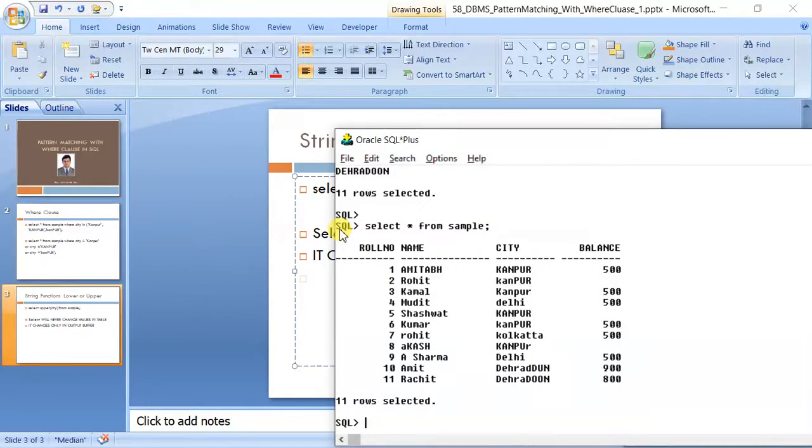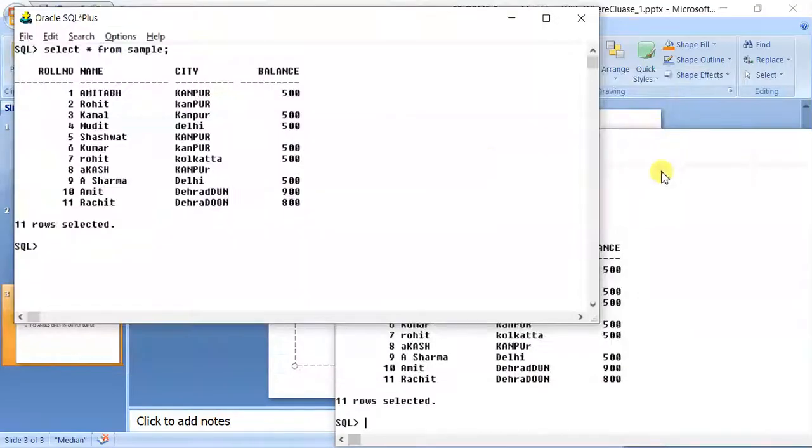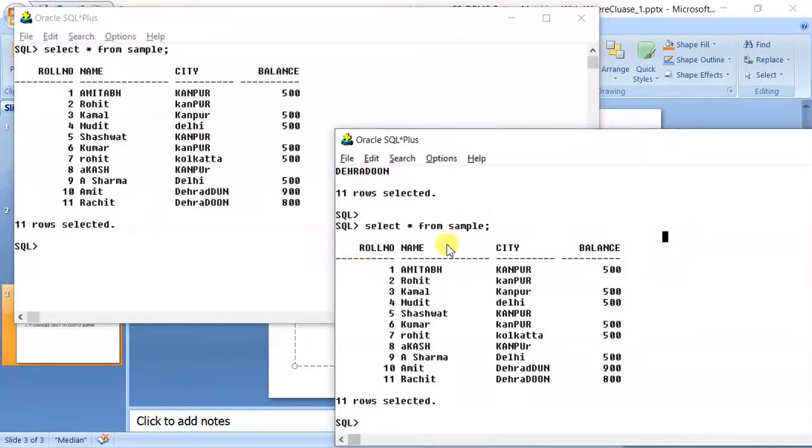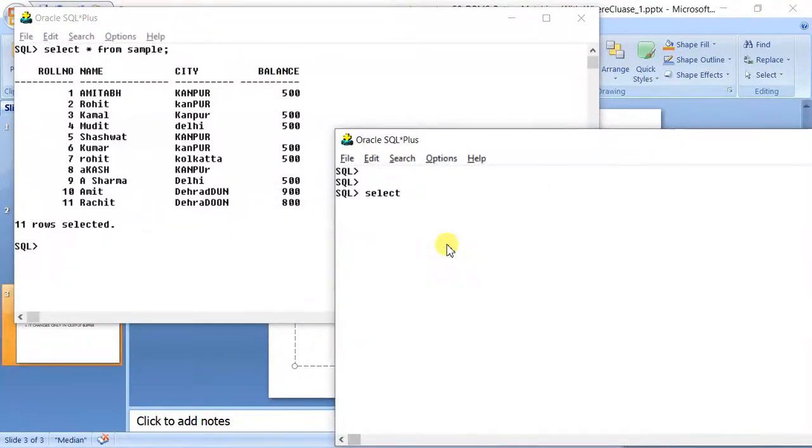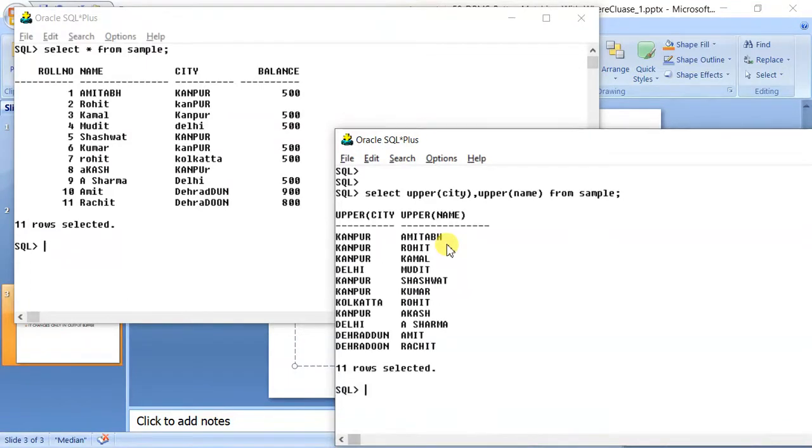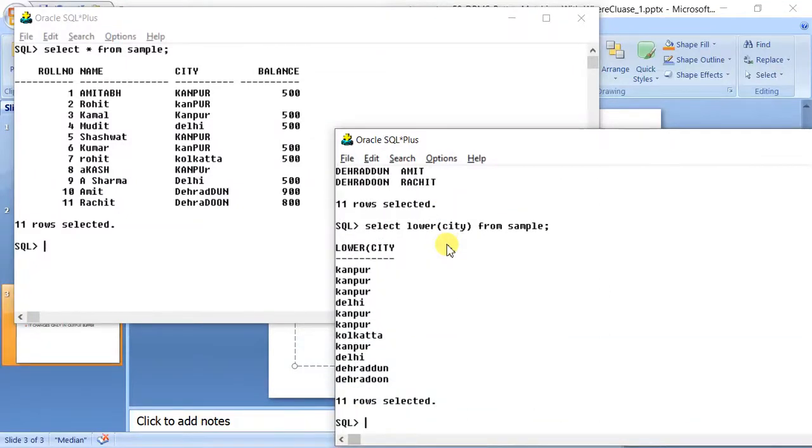Okay. Now let us come back to this point. So what we have seen, that we can type select upper city, we can type upper name from sample. Both will be displayed. Similarly, we have select lower city from sample, lowercase.